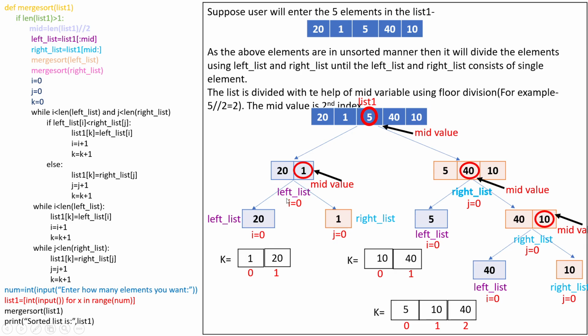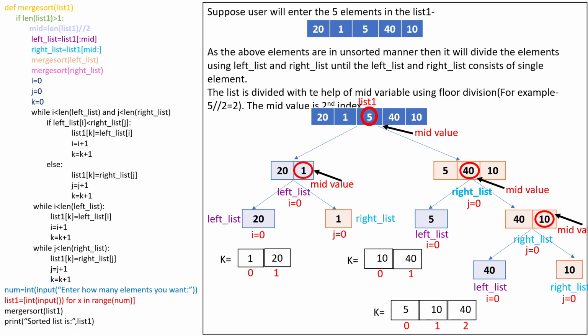Now this left list is also sorted, and this right list also has sorted elements over here: 5, 10 and 40, 1, 20. Now both will be merged together. How will it be merged? i is equal to 0 for this left list, and j is equal to 0 for this right list. And k is equal to 0 will have